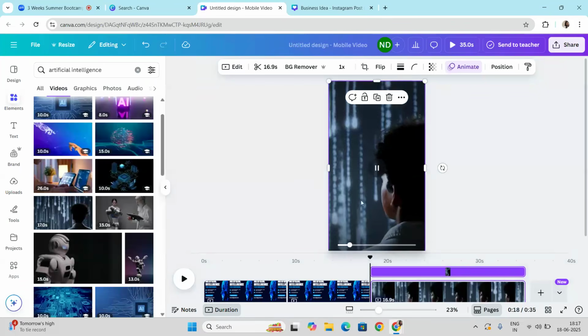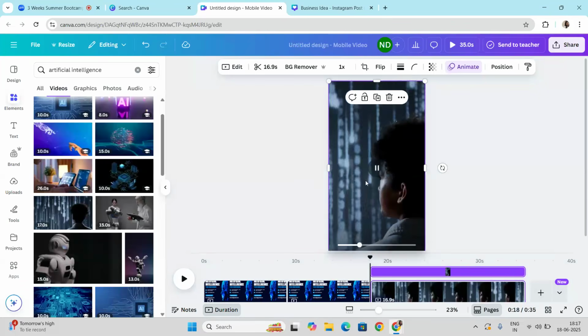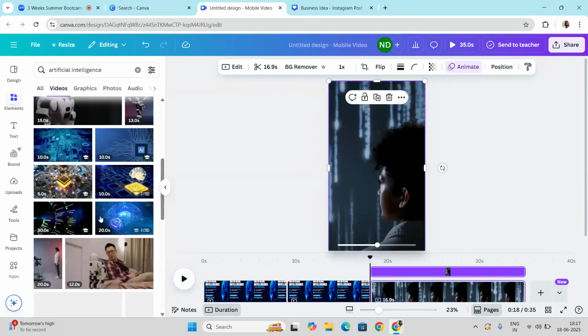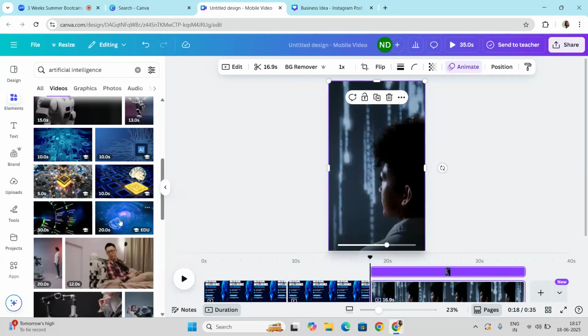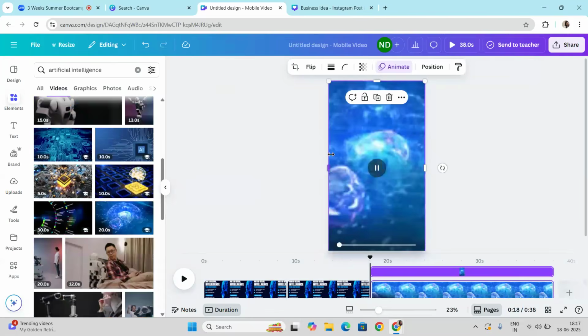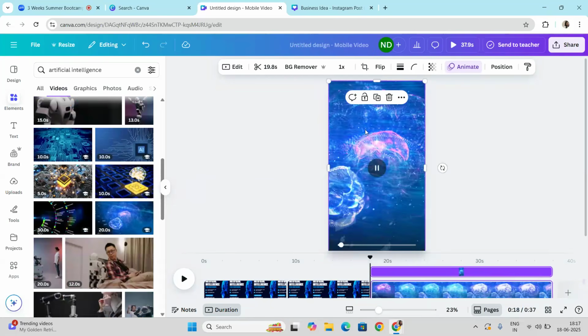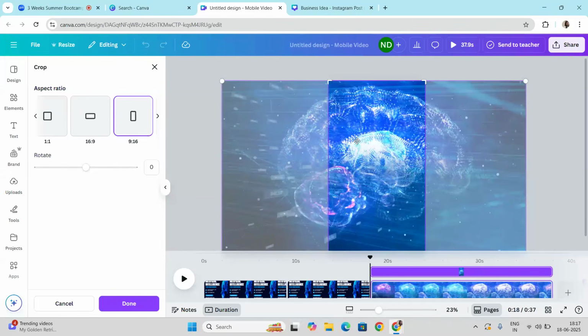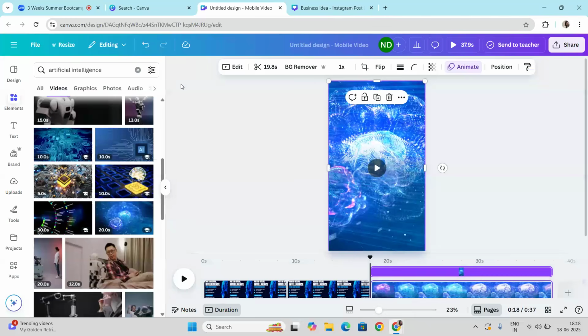Here I can write my own content just to show the background of AI. And again I just want to change it with another one, like I want to take this. So I have just switched that video from this one. So this is something that I have added, but you can see the whole brain that is taken in this video is not completely visible because the size is different. So this is something that you have to choose smartly.